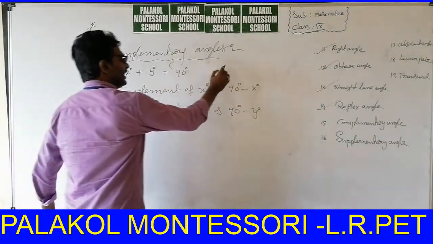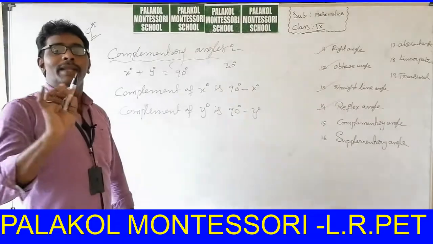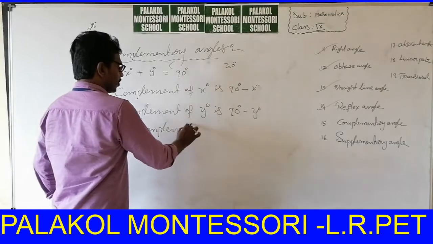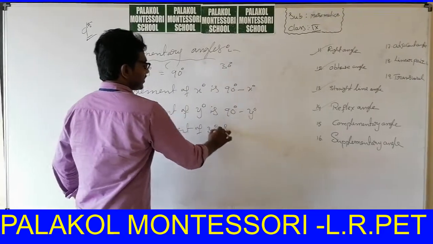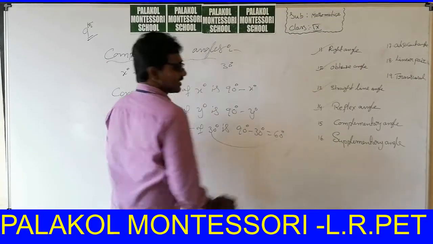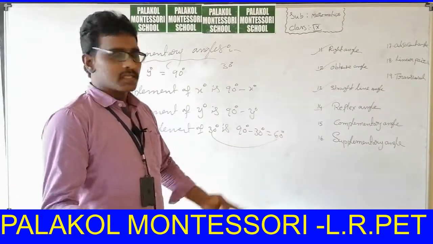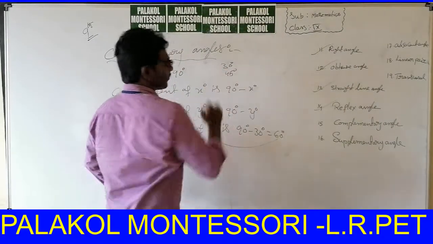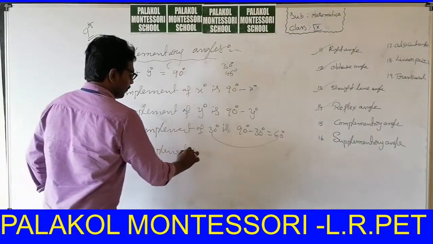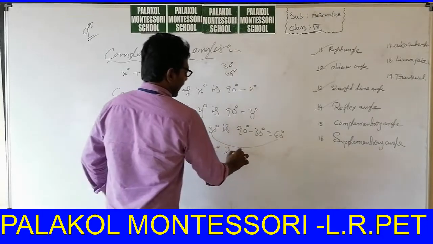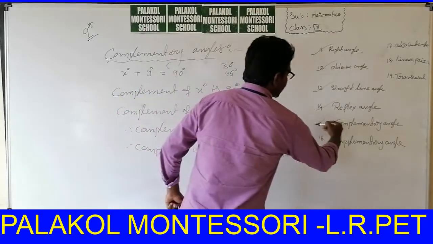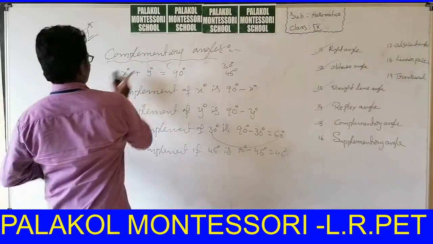Suppose 30 degrees is given. You find out that complement angle. How? Simple, right? The complement of 30 degrees is 90 degrees minus 30, which is equal to 60. Got it? 60 plus 30 is 90. Suppose a 45 degrees angle is given. How to find this complement angle? The complement of 45 degrees is 90 degrees minus 45 degrees, which is equal to 45. So the complement angle is also 45. Next one,